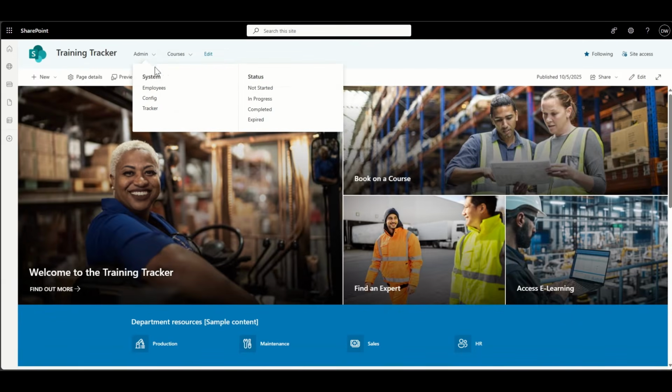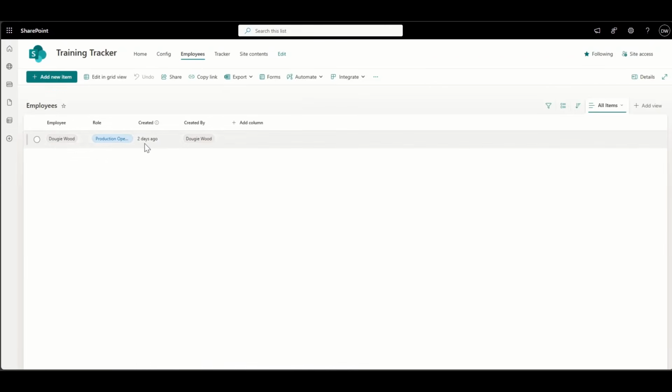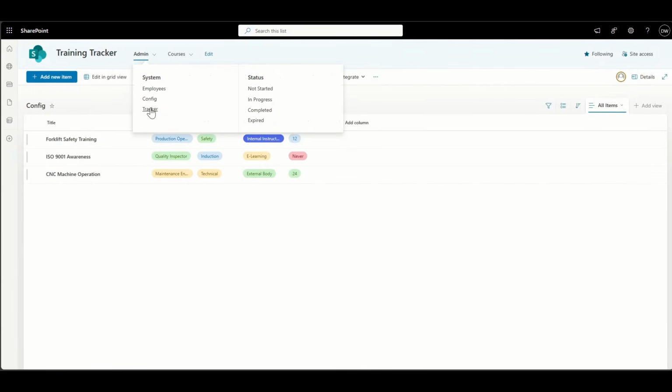Now, the way that this works is in the background, we have 3 lists which run this. The first one to know about is a config list, and essentially this is where we deploy all of our training courses, the roles that they apply to, the training type, the training provider, as well as how often they would need to be renewed. Then from there, we have our employees list. So this is a list of all the employees that we would have, that would automate the tracker. So once we add somebody in here, we select them, what role they are, and then the system would automatically go and look up all the training for that specific role and then create an item for them inside